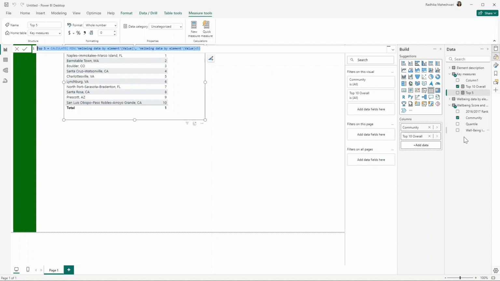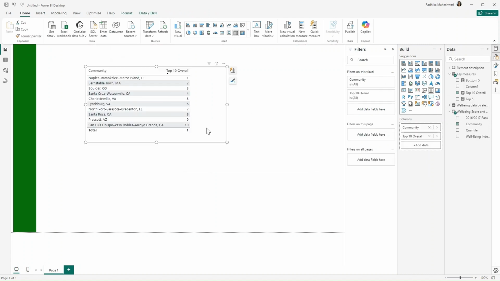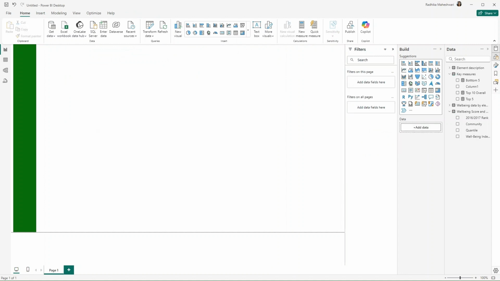Similarly, I'll copy this and I'll create a new measure, paste it here, and call this bottom 5. For here, I will choose it is greater than or equal to 182. I'll update this top 5 as well because I want this to be equal to as well. So now I have created these two measures, and I'll show you how we need to use them so that they show the proper data. I will remove this for now.